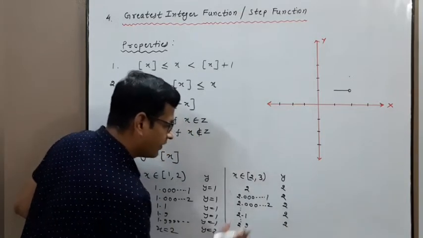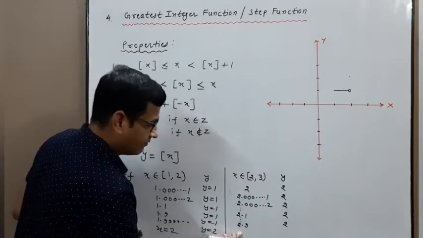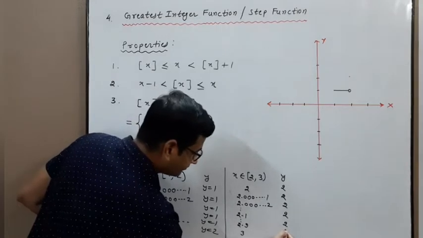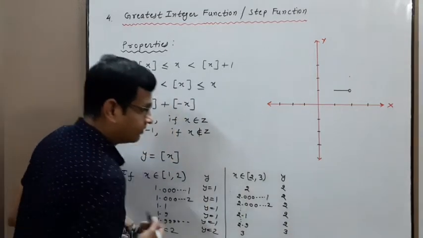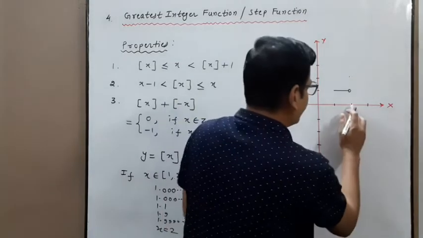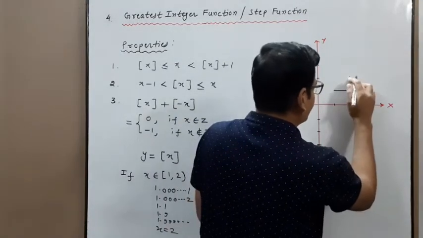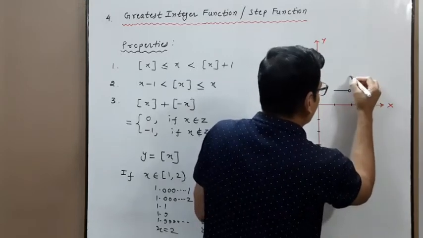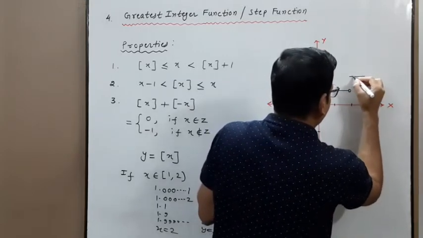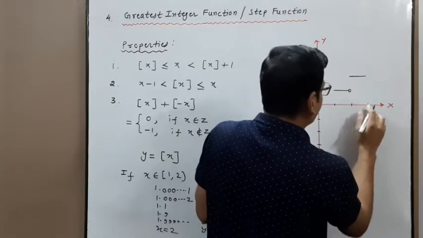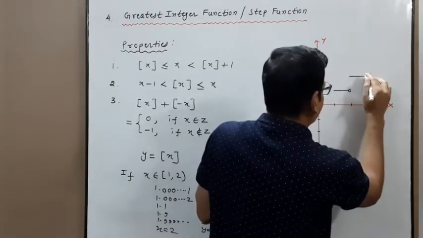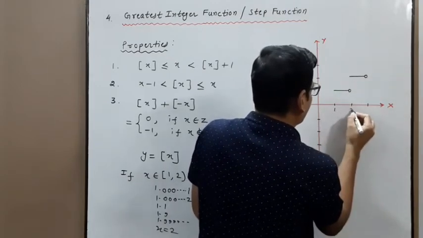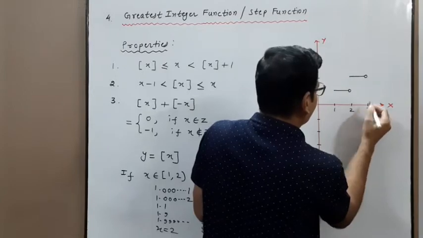At x equal to 2.99999, the value of y is 2. Or at last, when we take x equal to 3, the corresponding value of y is 3. So again, look at all the points: 2 point something, the value is 2; 2.3, 2.4, 2.5, so all the points lie on this line. But at x equal to 3 the value of y is 3, so we can't get this point. So between 1 and 2 the graph is this, between 2 and 3 the graph is this.